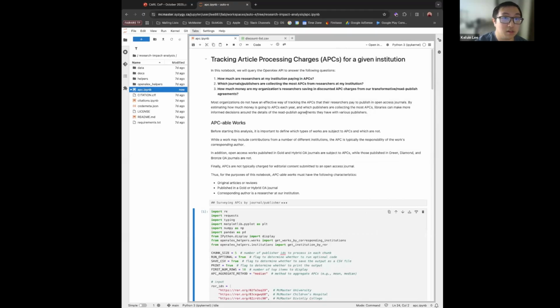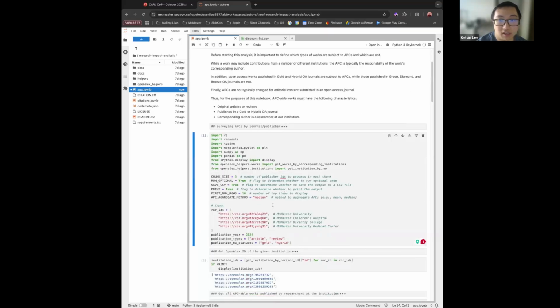Our users can simply clone all the contents from our GitHub repository, which we'll share at the end of this presentation, and update the parameter code block here in the notebooks in order to run their own analysis. But before we start diving into the analysis, we again have to first define which types of work are subject